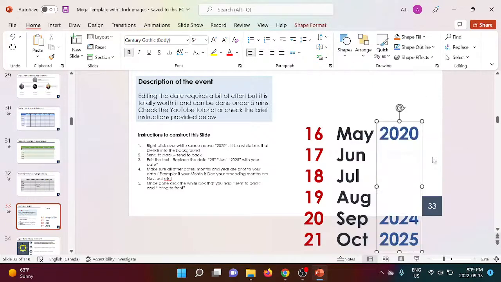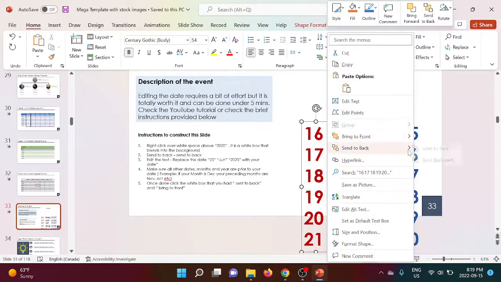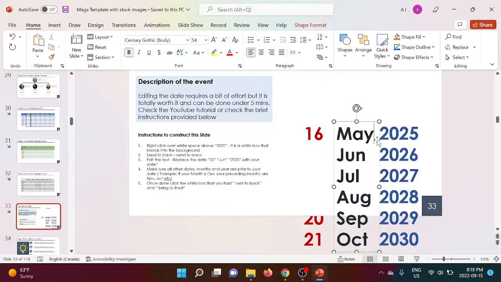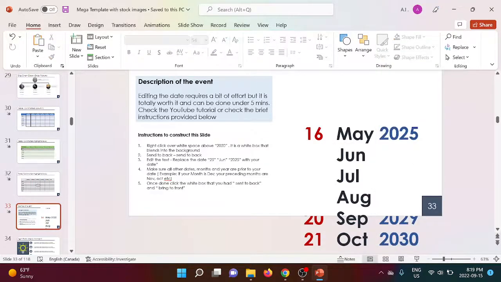So bring this to front, just do 2030, 2029, 2028, 2027, 2026, and 2025. Okay, now once all this is done, right click, send to back, right click, send to back,